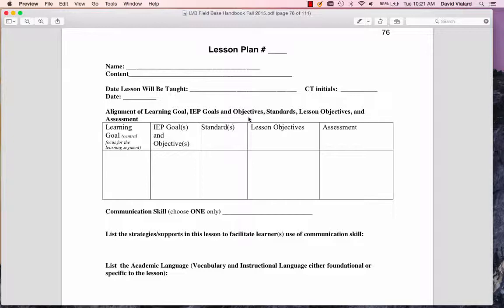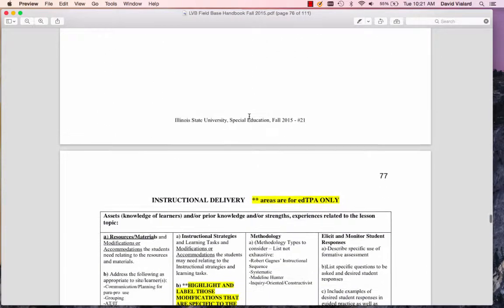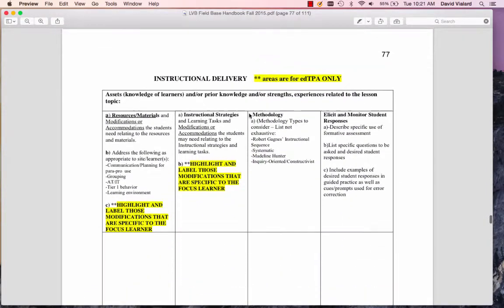So I wanted them to have enough practice with it before they actually had to do it to turn in for their official scoring. So we've gone through that, and then